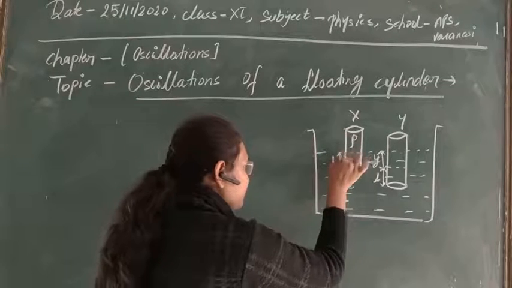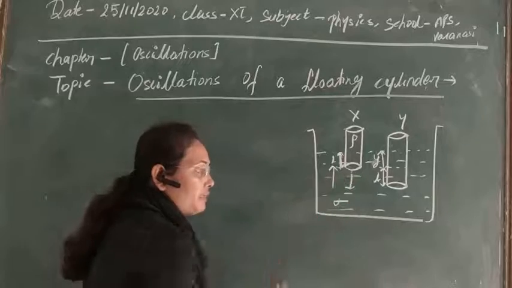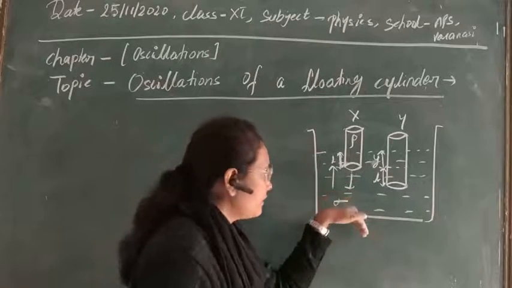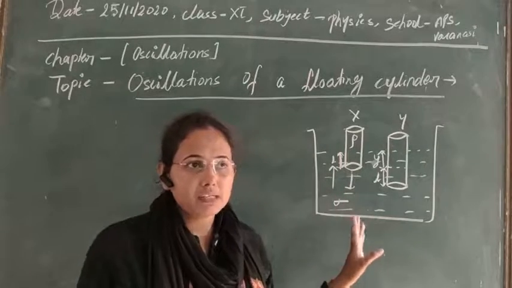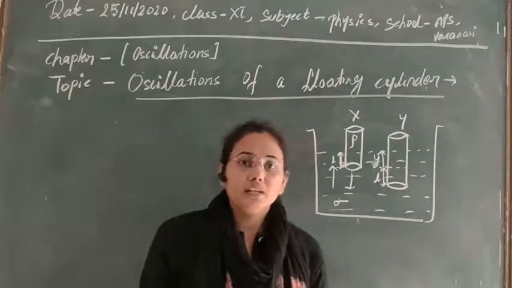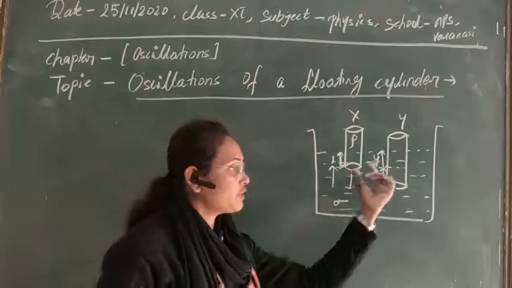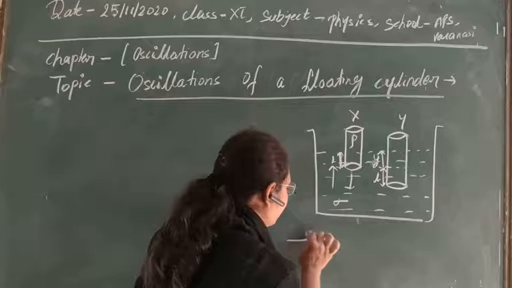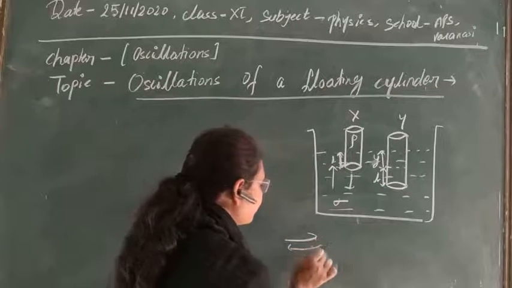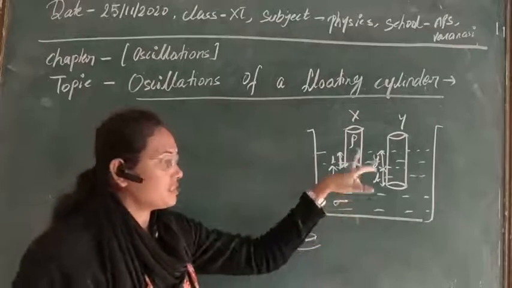Means if the system is displaced, we are seeing that the displacement or length L that is dipping in this direction, then a force is acting in the upward direction. So this is the same as the case of restoring force that we have seen. In the case of restoring force, if we displace the system in this direction, then the restoring force always acts in the opposite direction to the displacement. The same case is following here.